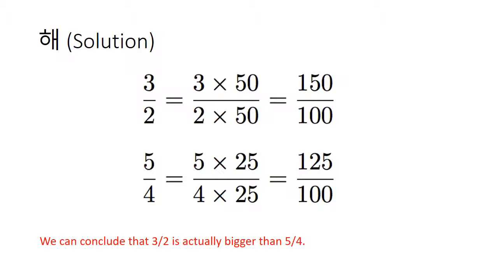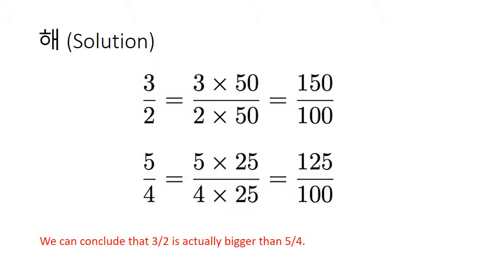We can multiply 2 by 50 to get 100, so we're going to multiply the top and bottom both by 50. So our final value is 150 over 100. Multiplying 3 over 2 by 50 over 50 doesn't change the value of the original fraction 3 over 2, since 50 over 50 equals 1, and it just gets us 3 over 2 into a form where the denominator is